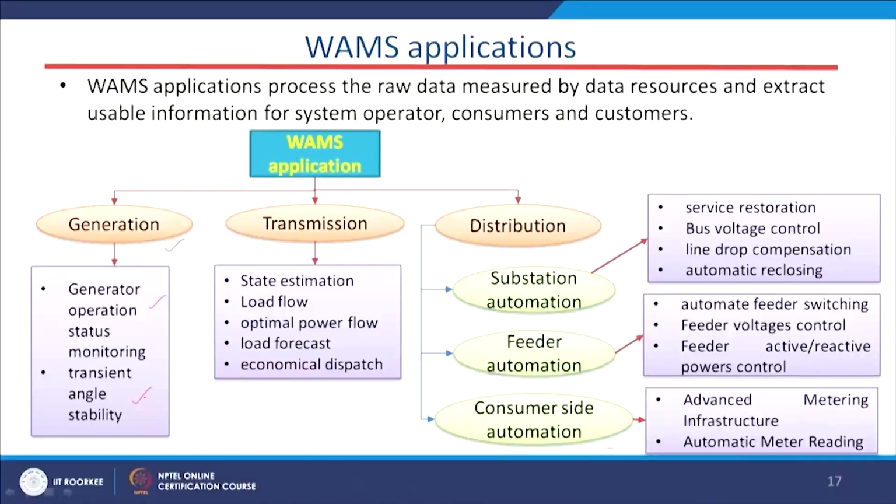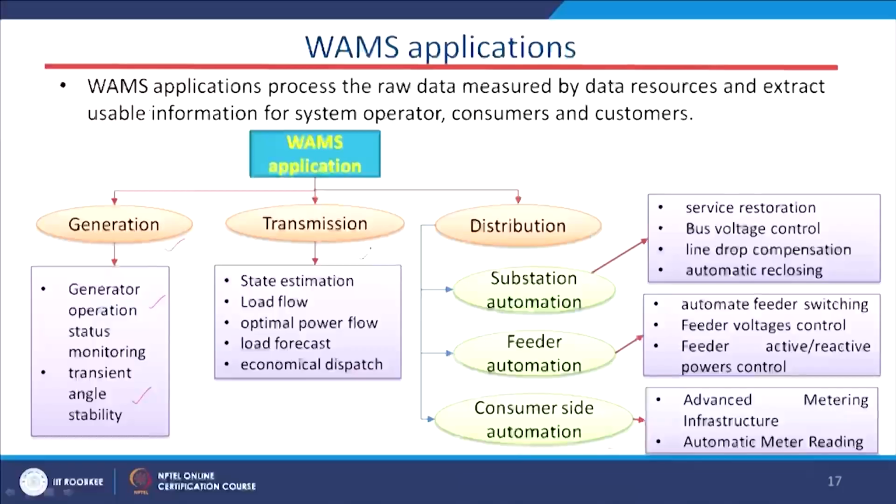The second one is transient angle stability. In generating stations we have different stability issues: voltage stability, angle stability, and frequency stability. Keeping that in mind, different types of stability issues can also be monitored using this WAMS structure. Now, coming to the transmission part,